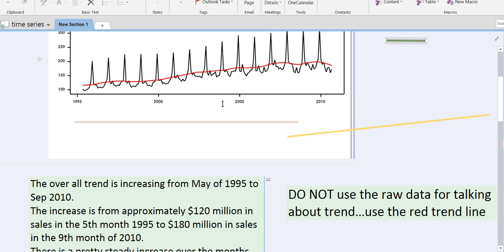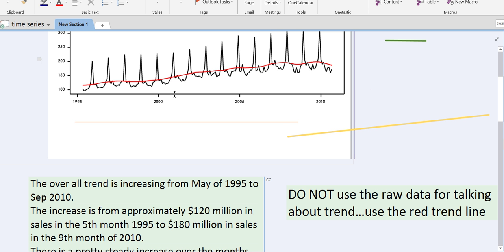All right. Now, once you've covered the overall trend by saying what's happening in the beginning and what's happening in the end, use your time units. If it's monthly data, you should talk about months and over the years, 15 years or whatever it is. Now, remember, it's 15 years, 1995 to 2010. It's almost all of 1995 to almost all of 2010. So make sure that you talk about 15 years.